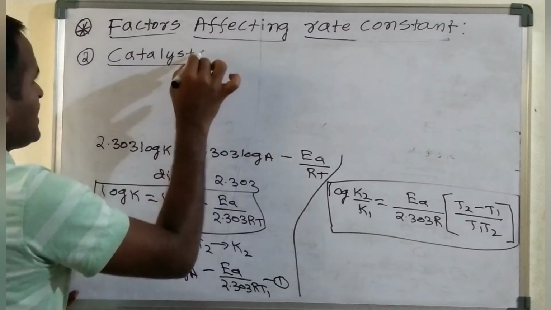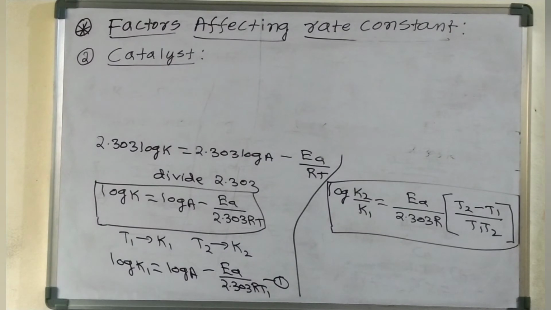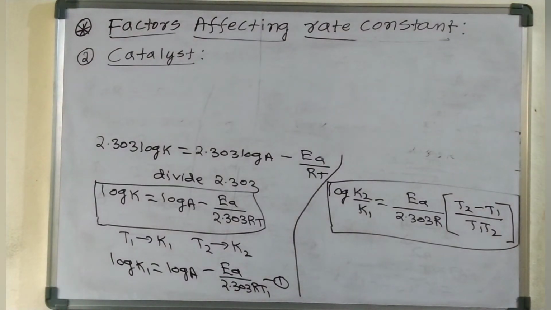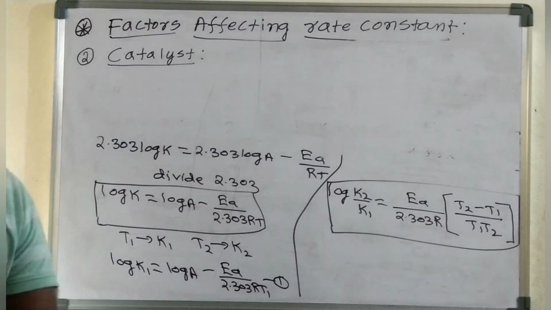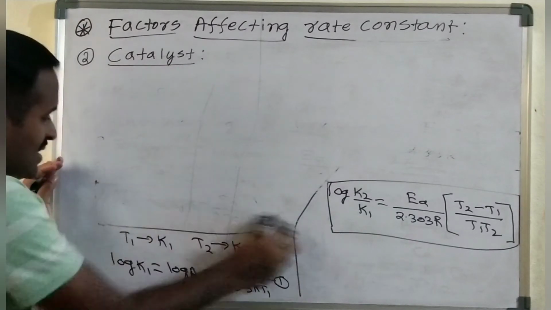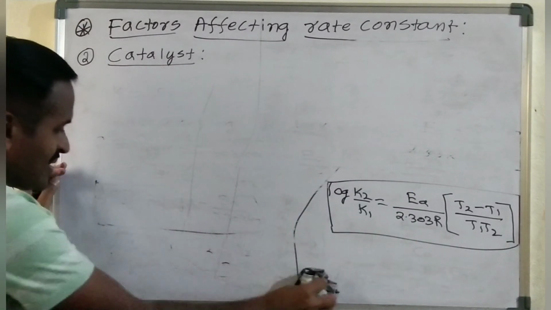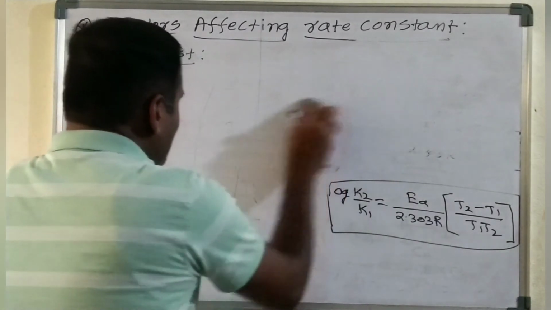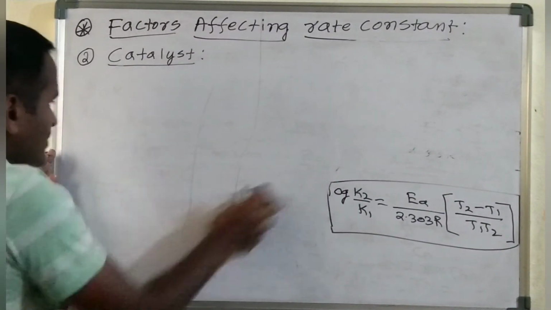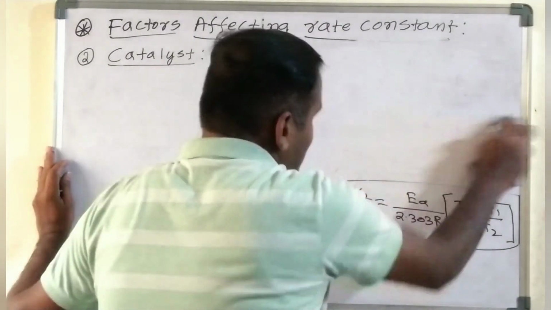So that will affect this one, which is a catalyst. A catalyst is a substance that can speed up the rate of the reaction without itself being involved in the chemical reaction. Commonly we use a positive catalyst to increase the rate of the reaction, and here is how the catalyst increases the rate of the reaction. We'll check this one here.